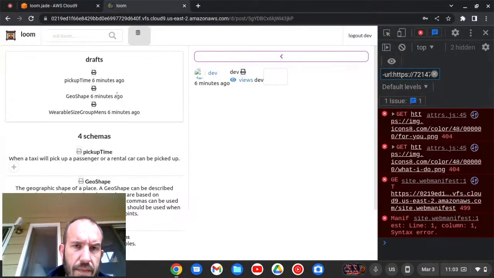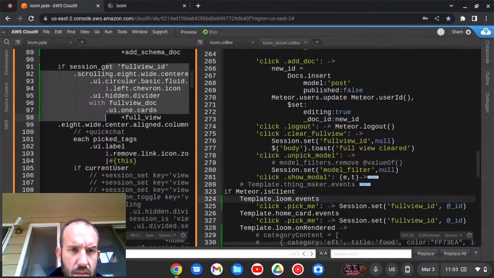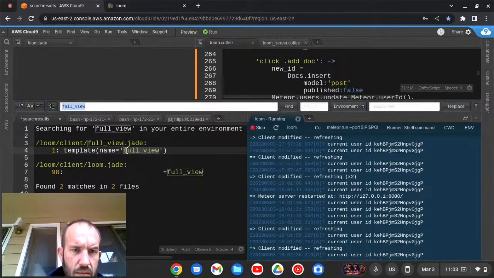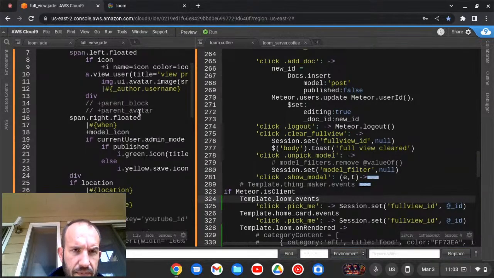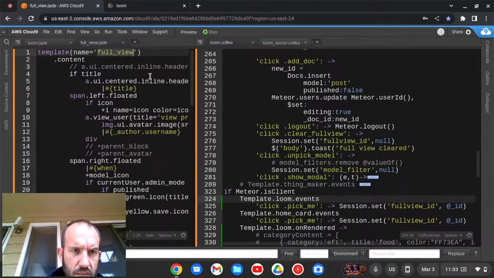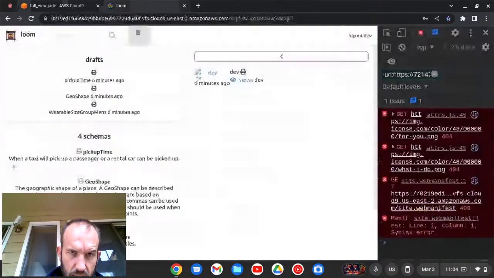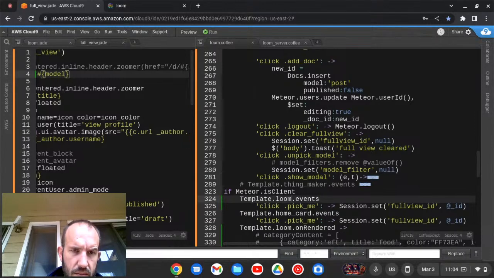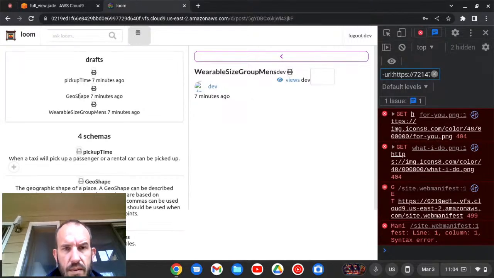So now we have, and with this full view ID, one card's full view, left model icon, UI header, model. All right, so now we have